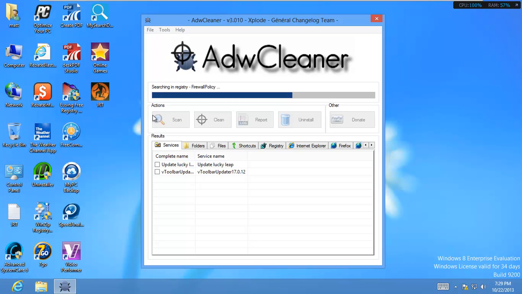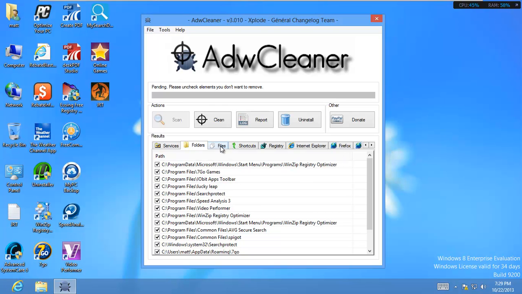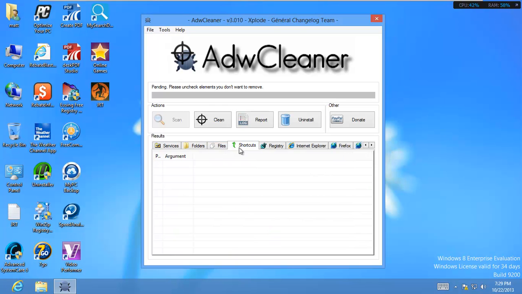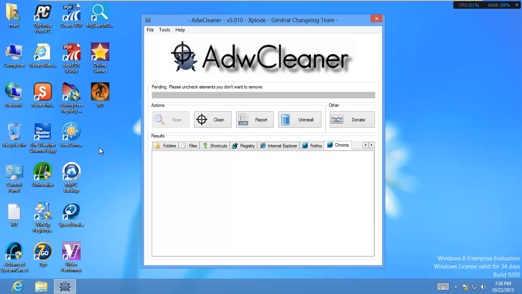No matter what box I test this out on, it only takes seconds to analyze the whole PC and basically tell you what's adware, junkware. So we have a few services here. It lists them all out. We've got some folders that need to be deleted. It gives you the files, registry entries. It goes through your browsers. So what we'll go ahead and do now is hit clean, and it's going to go ahead and delete all that crap,